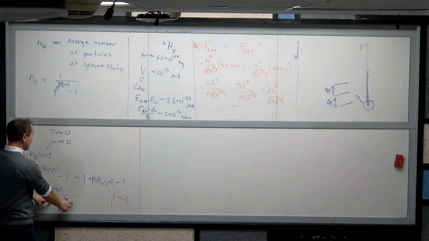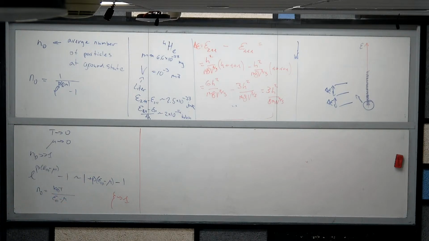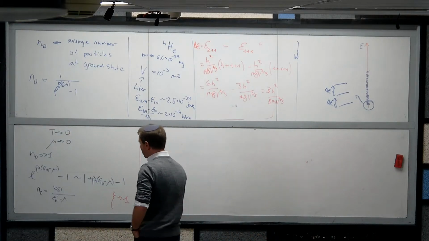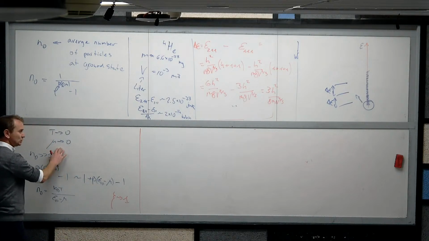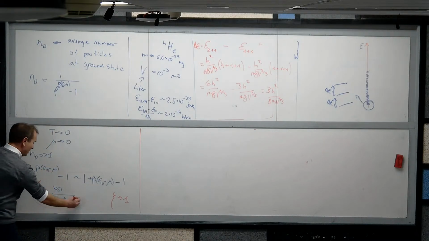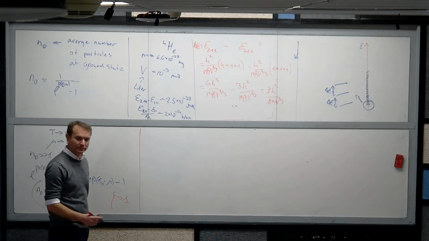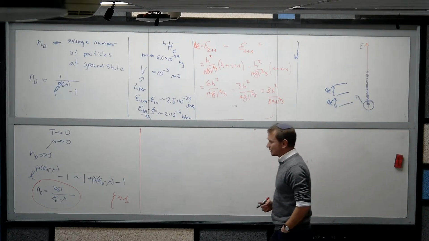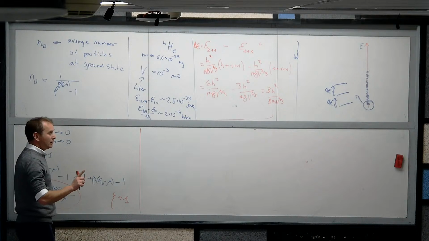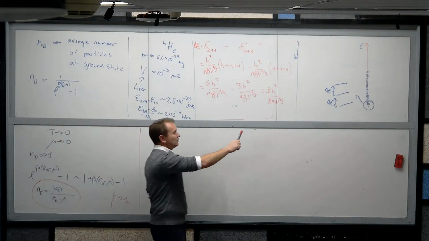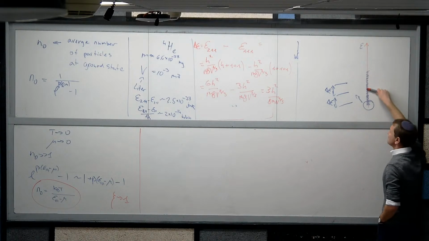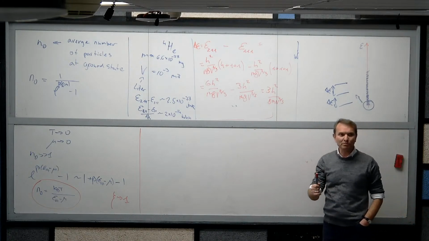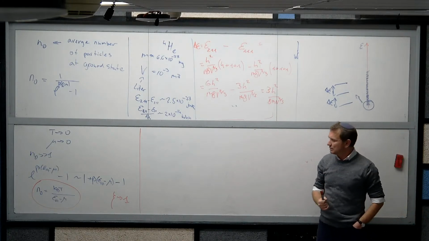Okay, so let's look at this and try to approximate it in the following sense. We know that something bad happens in this limit when mu goes to 0. We look at this number, and this is the occupation fraction of the particles that are sitting at the ground level. Now, we know that the continuum spectrum and the discrete spectrum are basically exactly the same. So the other guess for where the problem arises is that maybe